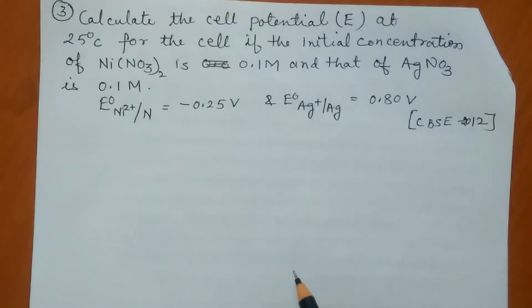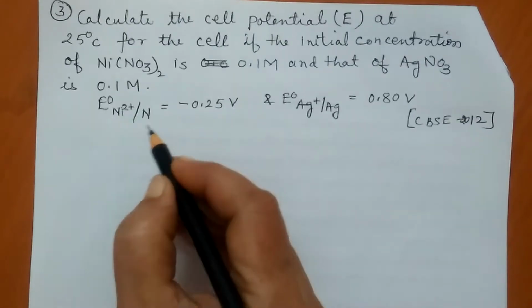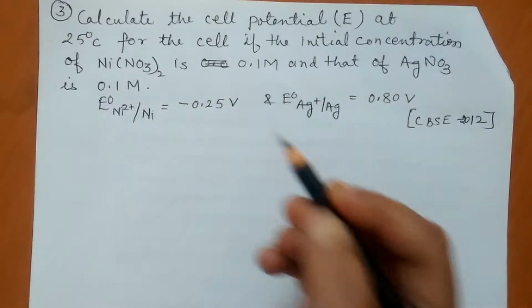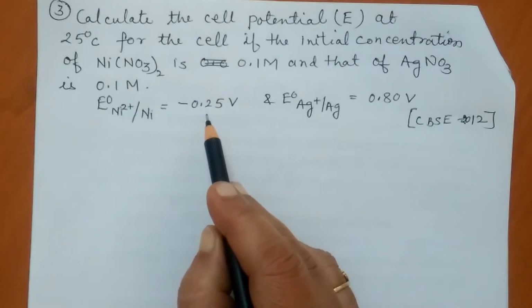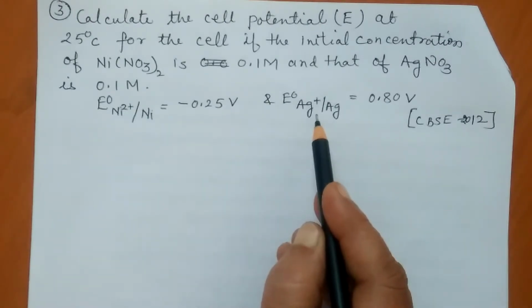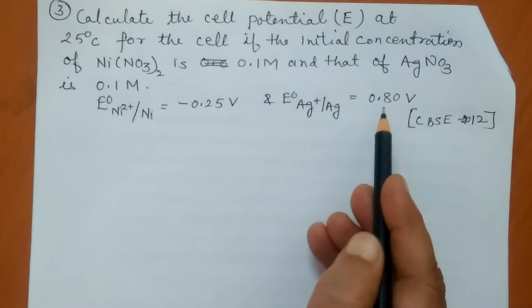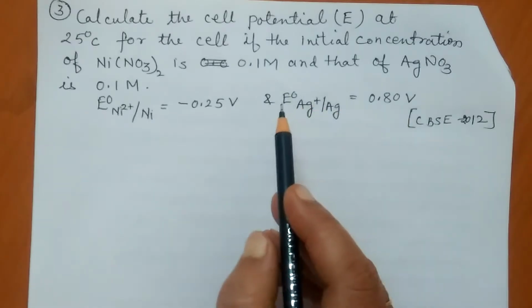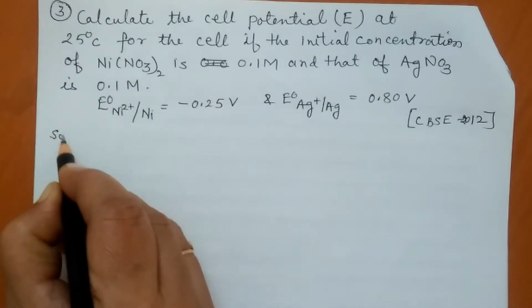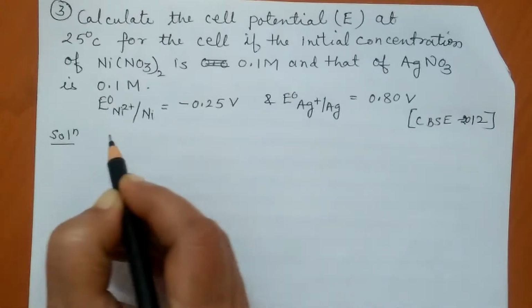Now the next question is: calculate the cell potential at 25 degrees Celsius for the cell if the initial concentration of nickel nitrate is 0.1 molar and that of silver nitrate is 0.1 molar. The standard value for Ni2+/Ni is minus 0.25 volts and that of Ag+/Ag is 0.8 volt. Now to solve, first of all,